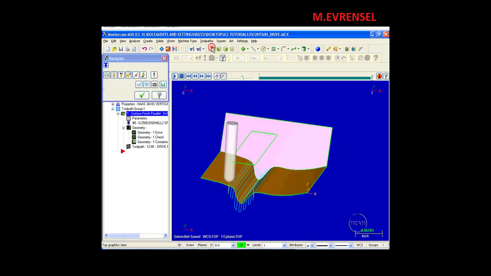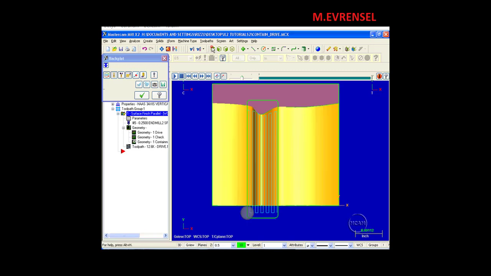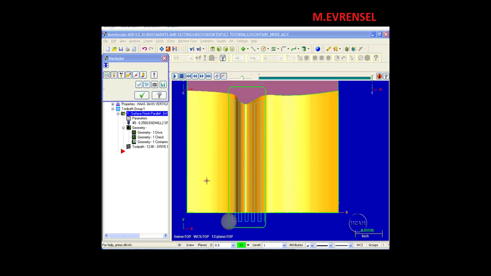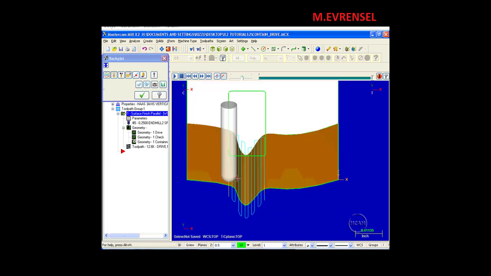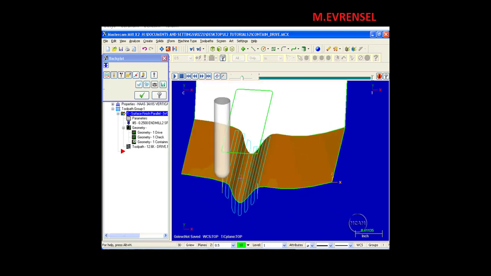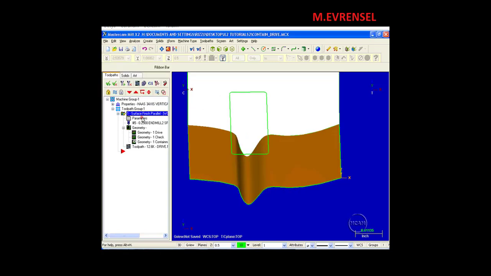Let's switch to top view and take a little bit closer look at the containment boundary. You'll notice that the tool center line is actually contained within the boundary. It's almost analogous to having cutter compensation turned off in 2D toolpaths. What if, however, I wanted the entire tool to stay inside of the containment boundary? Then I would go into my parameters once more,